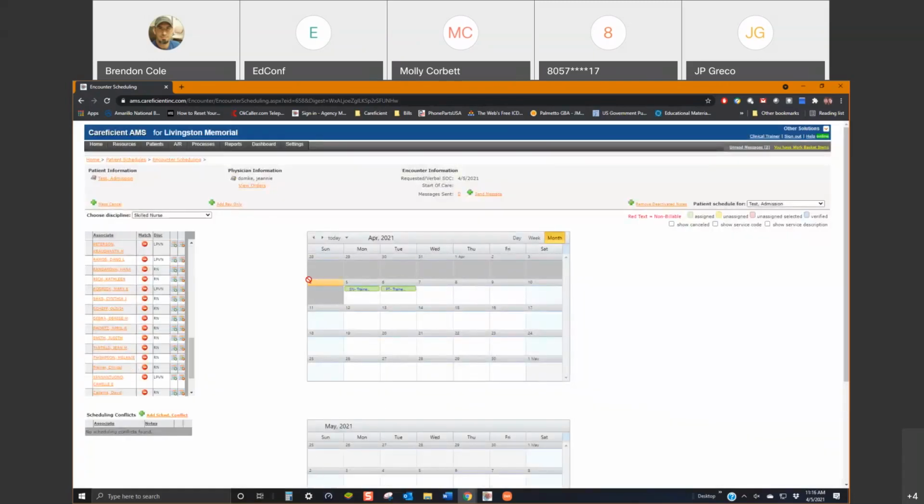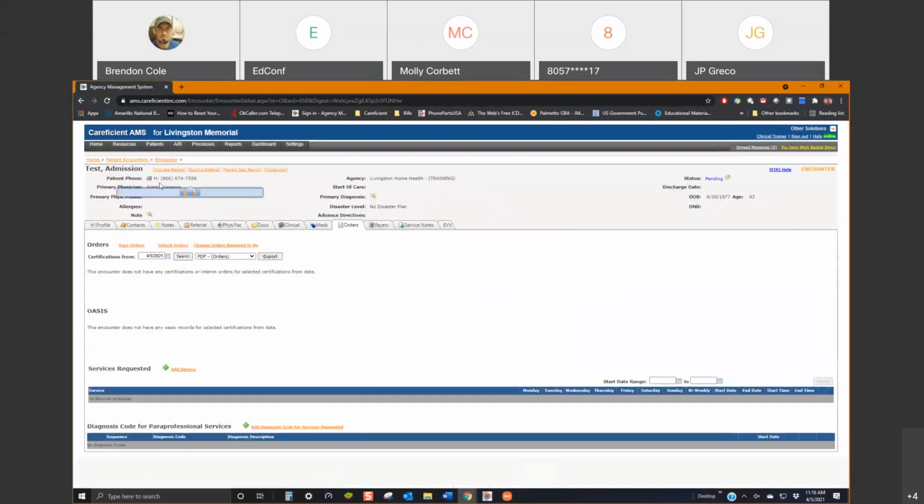And that gets them on their schedule. Now that's the basic first part of entering that referral. The rest of it, the nurse out in the field is going to be the one that actually activates the patient, or it's recommended that they're the ones that do it, because you can activate them here, but if you